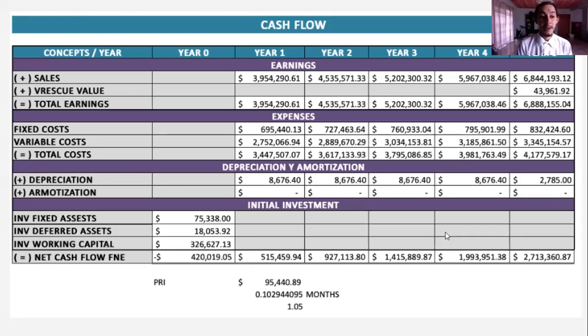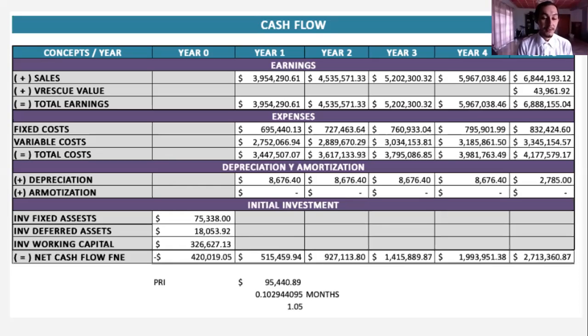a total earnings. Then we have the expenses, which are the fixed costs, variable costs, and then we add those up to get a total cost of expenses, followed by the depreciation and amortization of our assets. Then we have the initial investment, which is the fixed assets, deferred assets, and the working capital. As you see in year 0, because it was the beginning, the only investments are the totals of